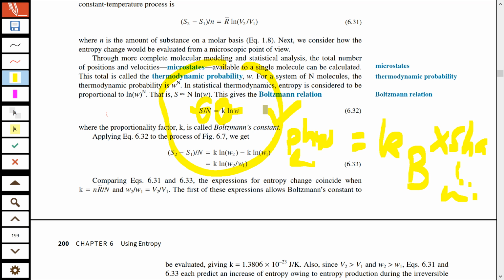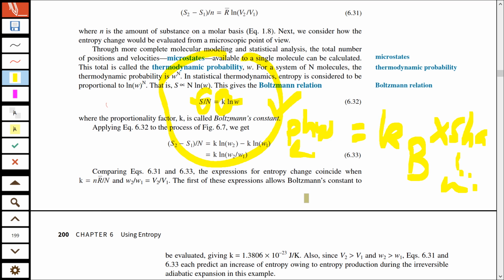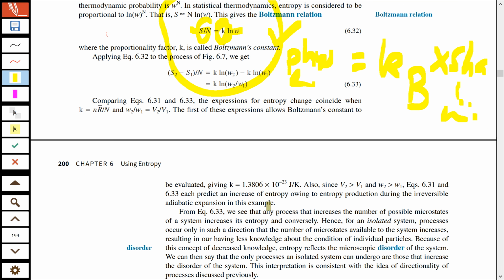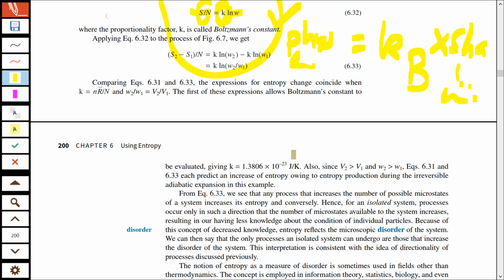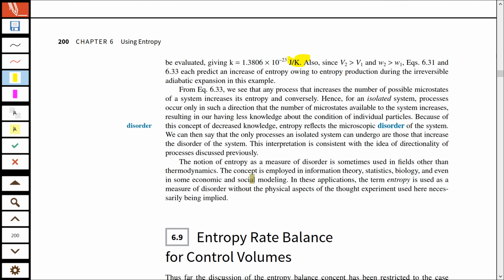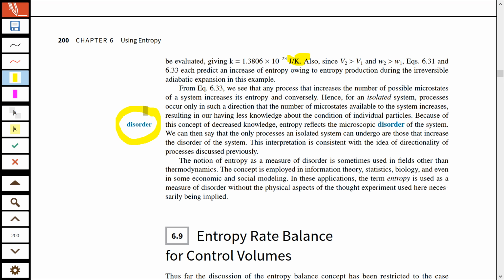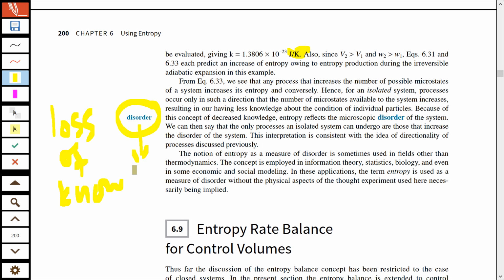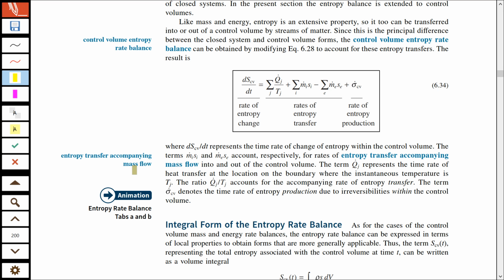ठीक है? So I think that you should not get into this discussion. आपने check किया कि even units भी same है. So I only wanted to cover this so that you have a feeling for what do we mean by disorder. Disorder means a loss of knowledge, yeah, or an increase of uncertainty. ठीक है,